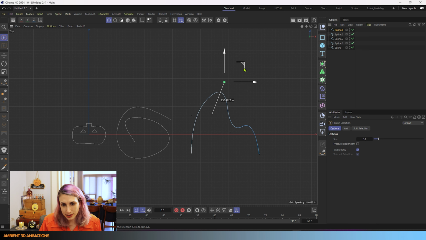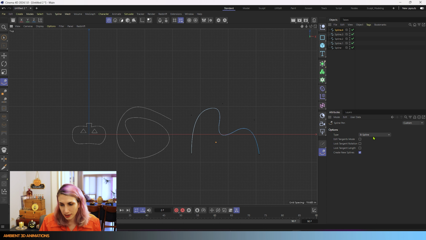So that's the difference. If you draw a Bezier spline, like the one we have for this jack-o'-lantern over here, you're going to notice that the points are on the spline. For this type of spline, the points are actually off the spline and they're controlling it. And that is how that works.